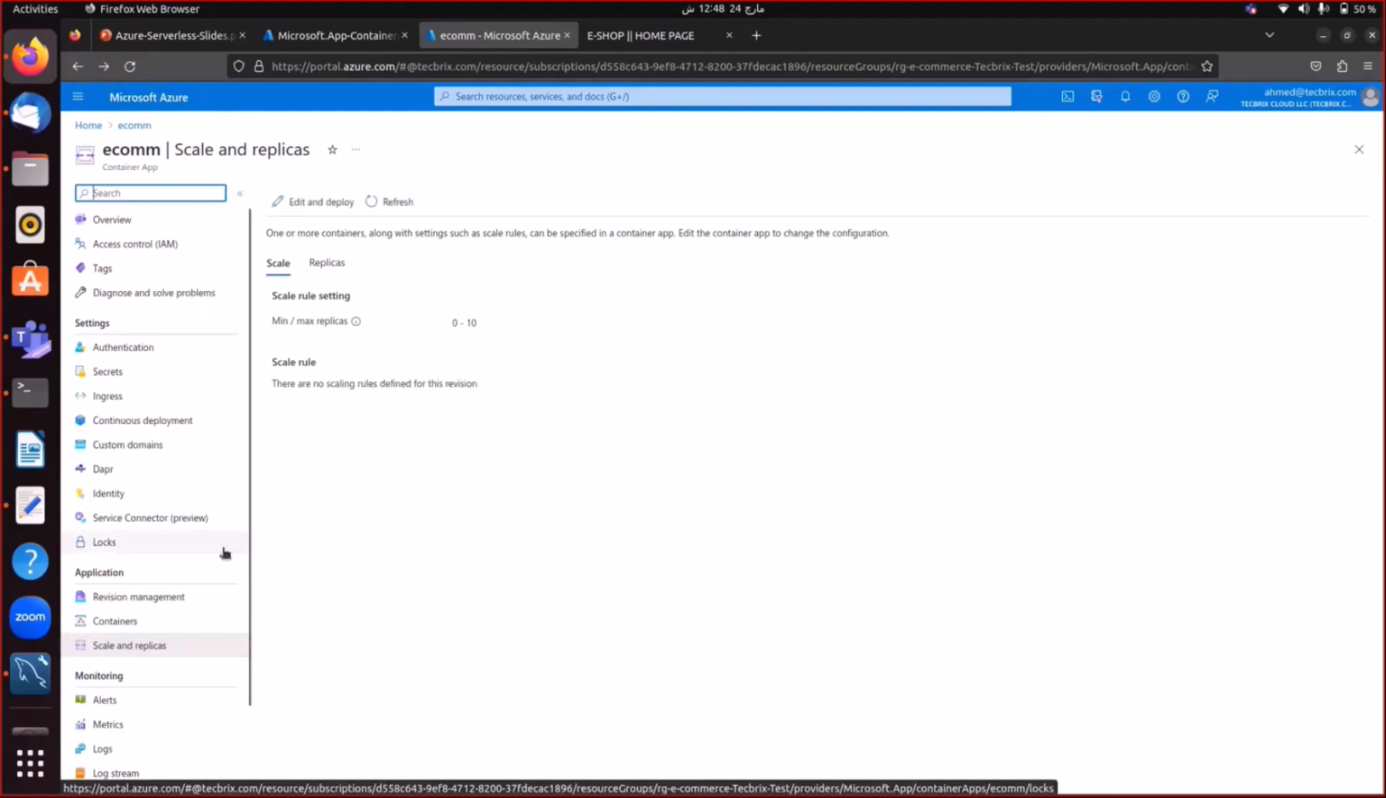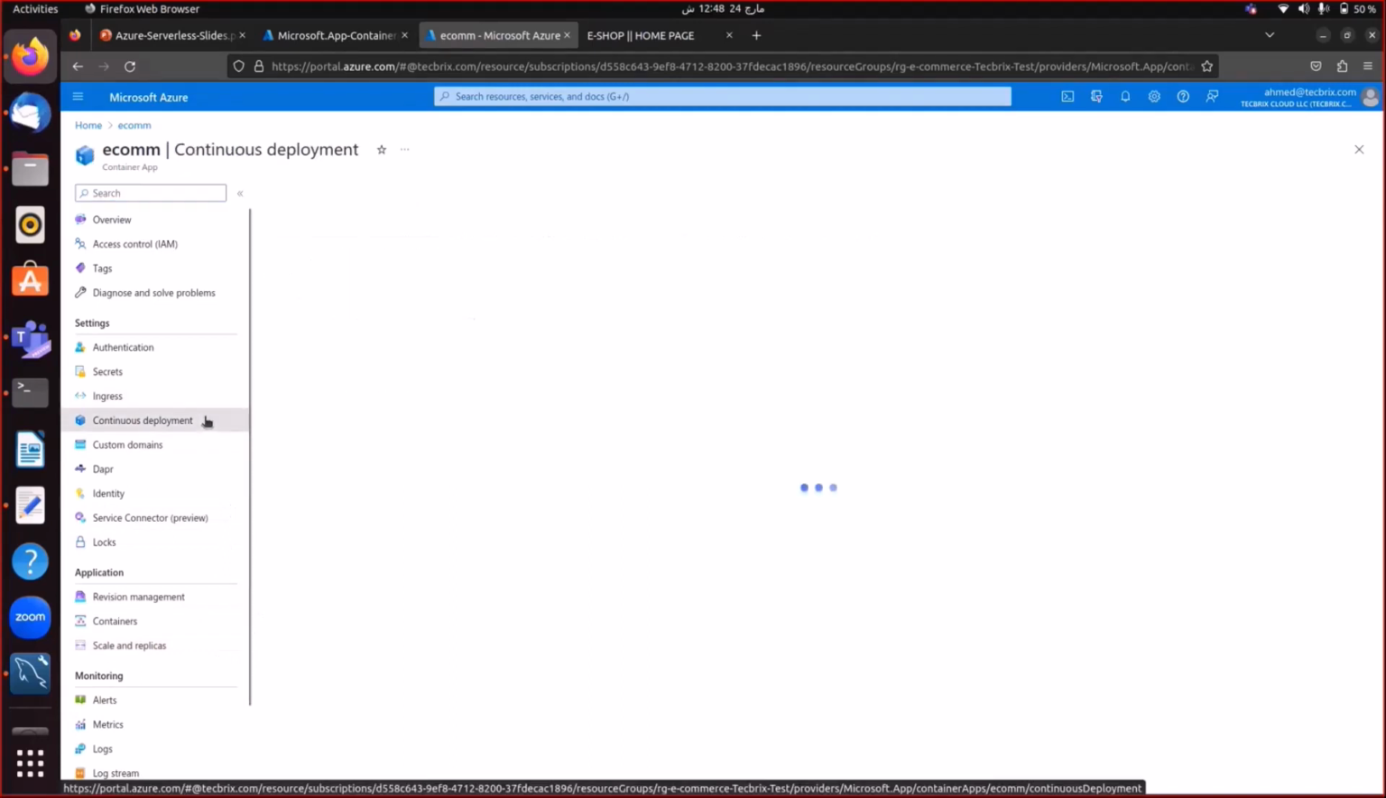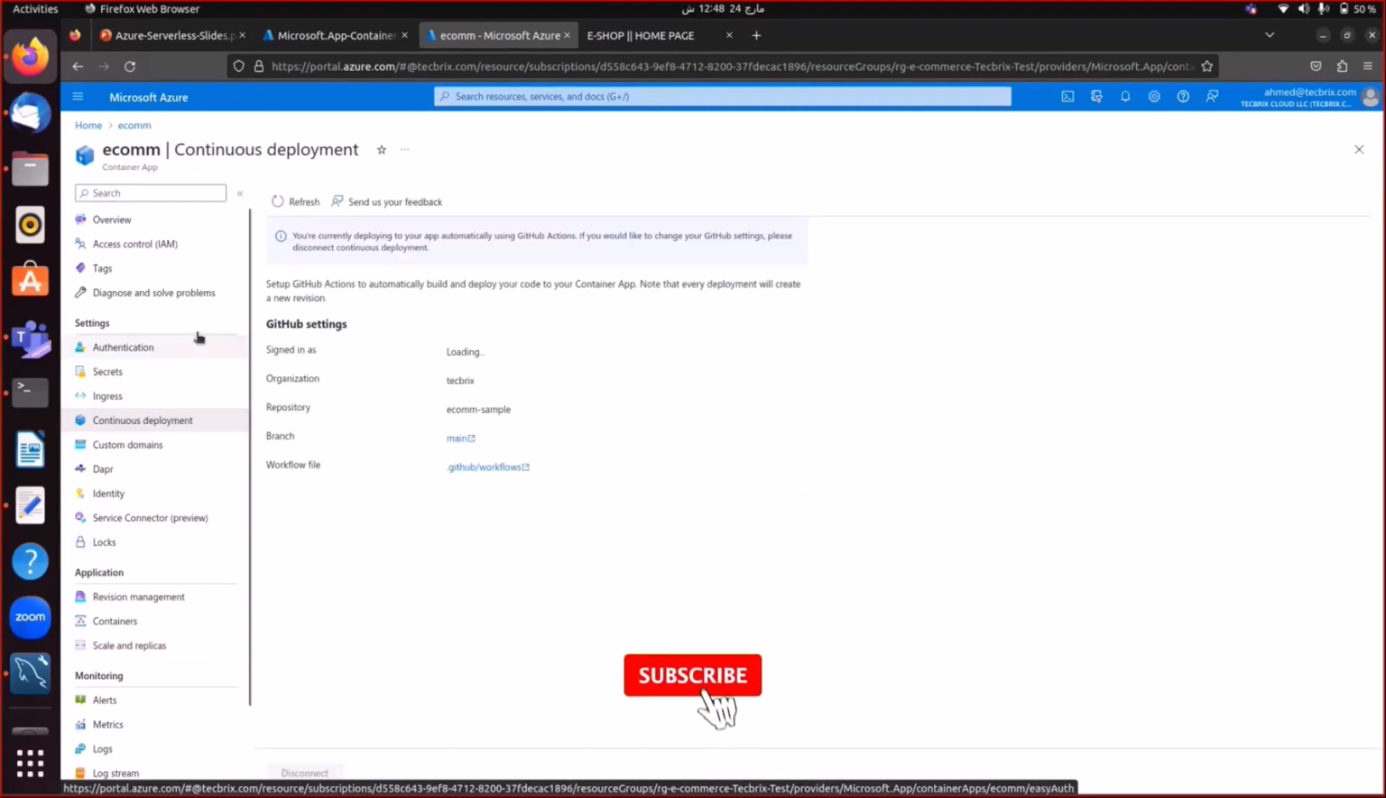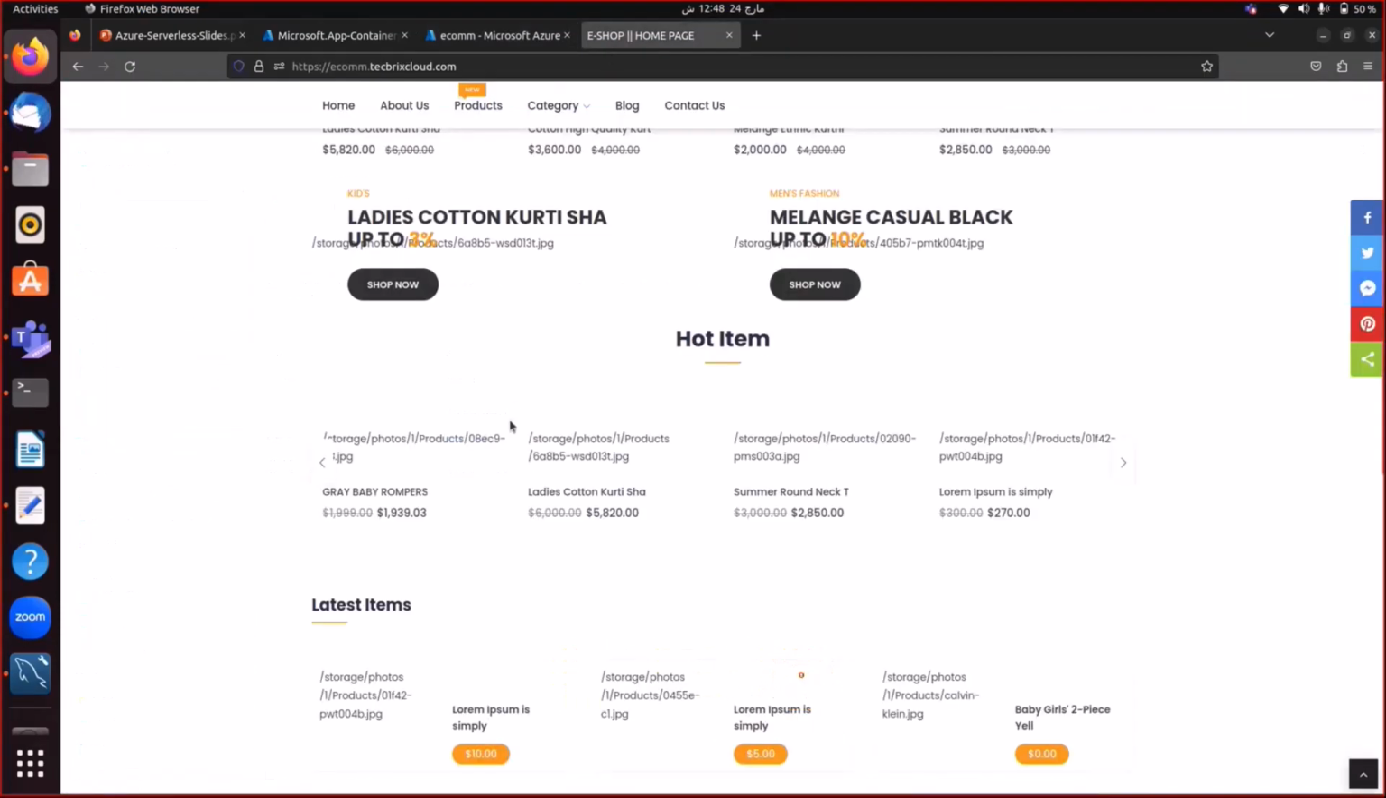Okay, we also have a continuous deployment feature with Azure Container Apps. We will discuss that, hopefully, in the upcoming sessions. So let's come back to our